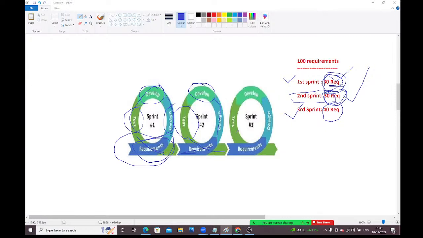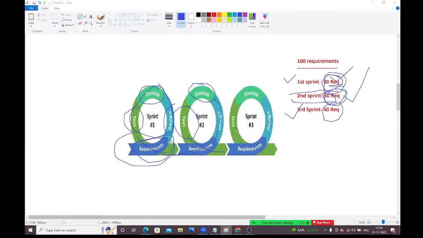In waterfall methodology, once requirement gathering and analysis is completed, only then will you go for the design, then only will you go for the development, then only will you go for the testing. In waterfall, you can't come back to the previous phases. You should deliver the entire project in a single shot. Testing will happen at the end only.